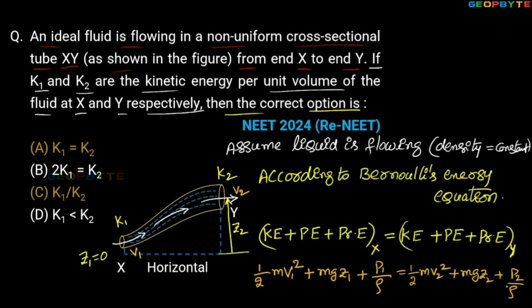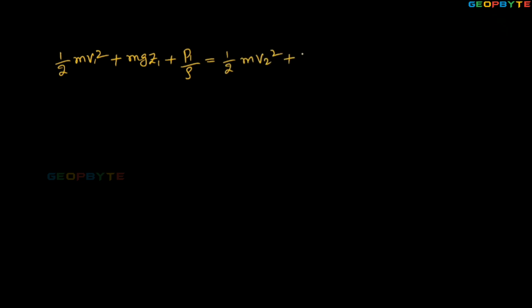You need not write rho 1 and rho 2 because rho 1 equals rho 2, that is equal to rho for incompressible fluids like liquid, because we are already assuming liquid is flowing through the pipe. It is written half m V1 square plus m g Z1 plus P1 by rho is equal to half m V2 square plus m g Z2 plus